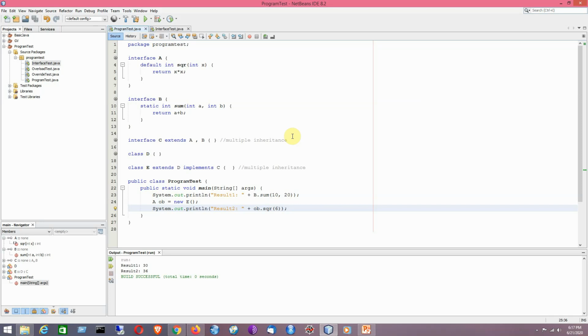In interface A I have got a default method, and in interface B I have got a static method. So now we can have a hierarchy, and I have tried to create the respective objects to access the default method by one of its subclasses down the hierarchy. And I can also call the static method by using the interface name directly. So that I have done here, and you can see the result. So I hope that you have understood the logic behind this program.